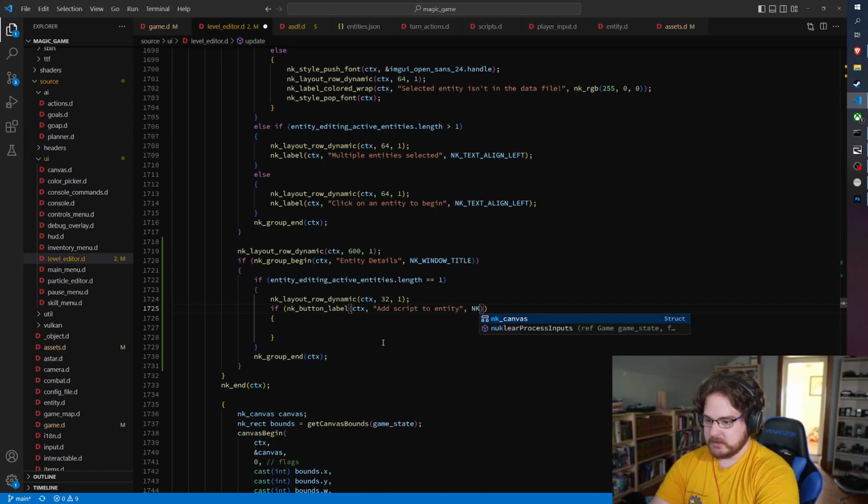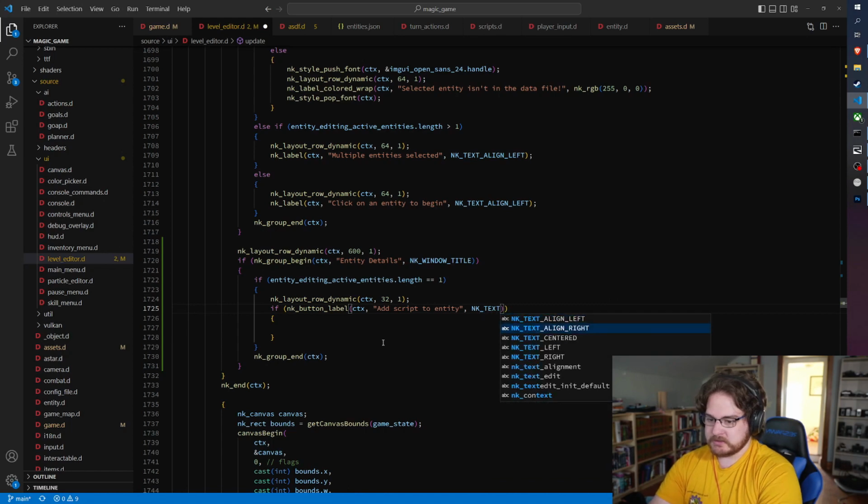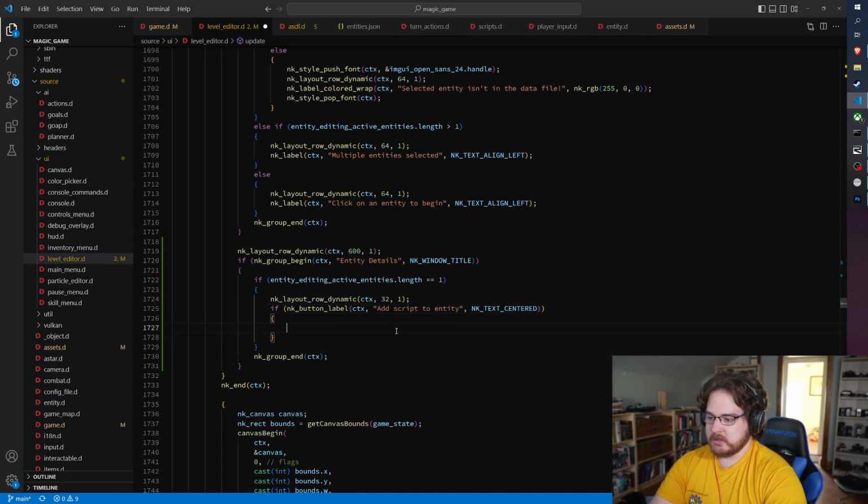And this is going to be nk text centered, and then if the button is pressed, we want... how are we going to do this? Well,